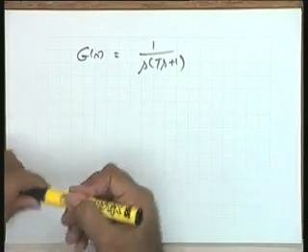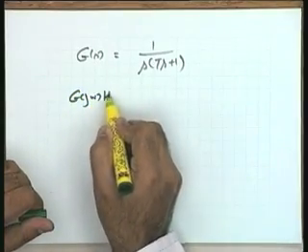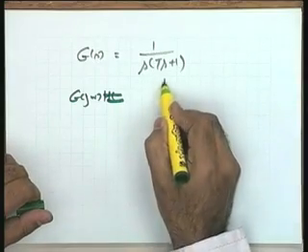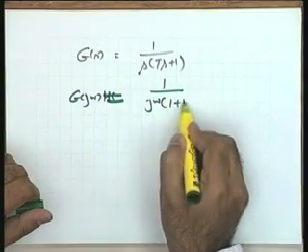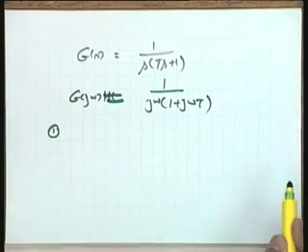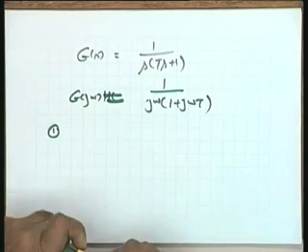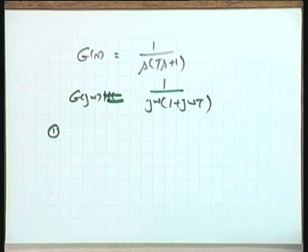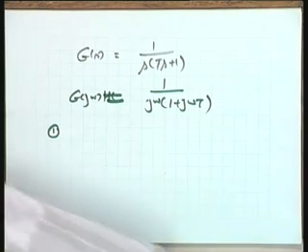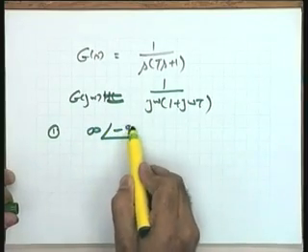The polar plot, now you can help me quickly please, is obtained from G(j omega)H(j omega), in this particular case equal to 1 by j omega into (1 plus j omega T). Help me with the 4 points. I need 4 points, as I told you. The first point, omega equal to 0. What is the picture please? Omega equal to 0. The magnitude is infinity, and how about the angle? Minus 90 degrees. You see that it comes as infinity at minus 90 degrees.